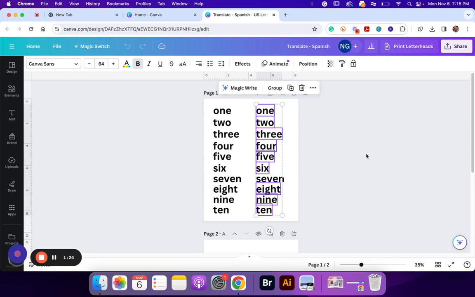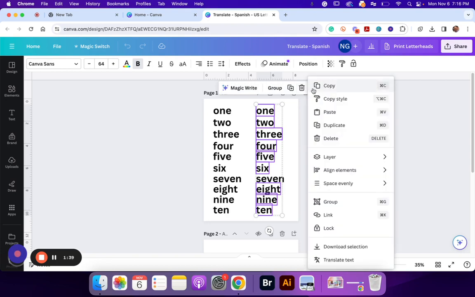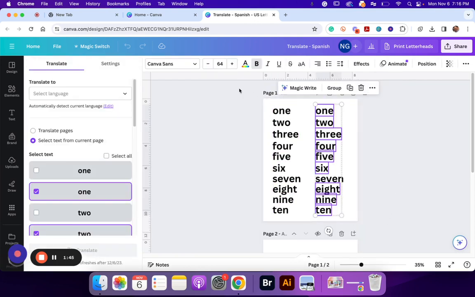So the easiest way that I found to do that in Canva is to highlight those, and then you'll get this little bar up here, where you have your magic write group, and then where you can duplicate or you can delete it, or the little dots of more. We call that the little hamburger. If you scroll on down here, you can go to translate text, and it'll bring up this little dialog box here. You can say where it says